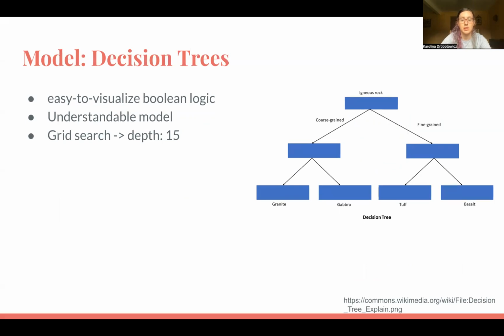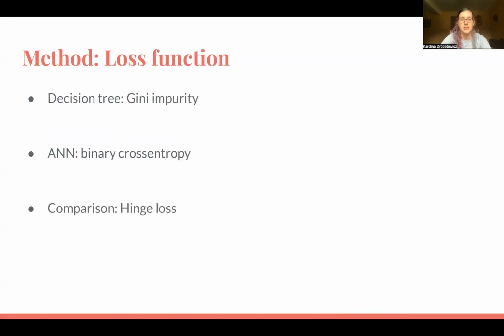We performed the grid search on our decision tree, and we decided to stay with the depth of 15 for our decision tree because the higher depth causes overfitting, while the lower depth was not obtaining enough accuracy after the training. For the loss function, we decided to use Gini impurity for decision tree and binary cross entropy